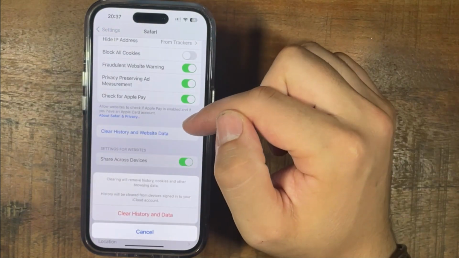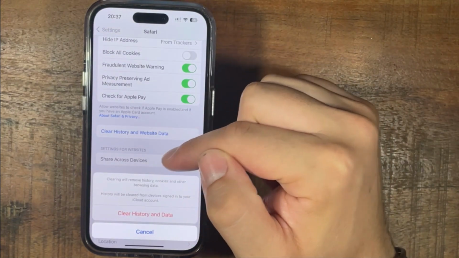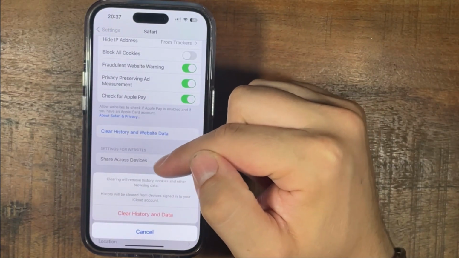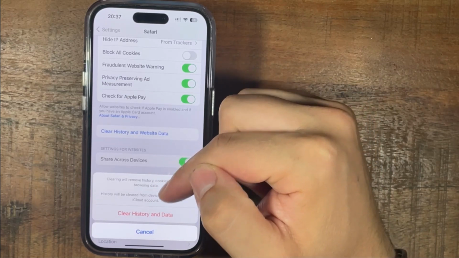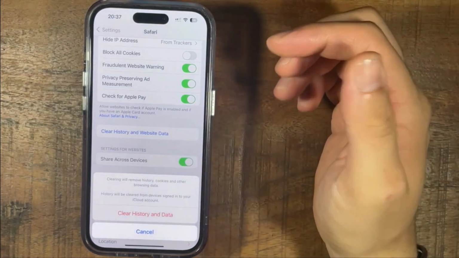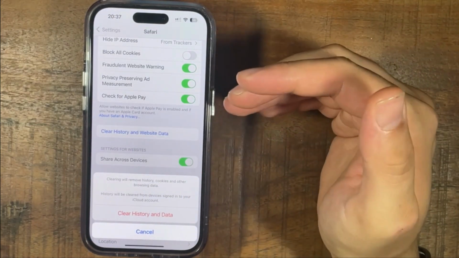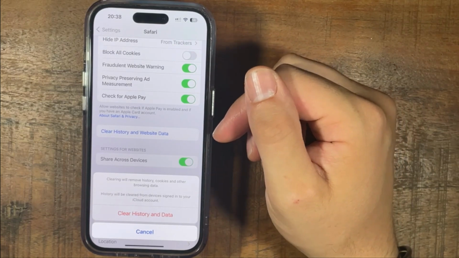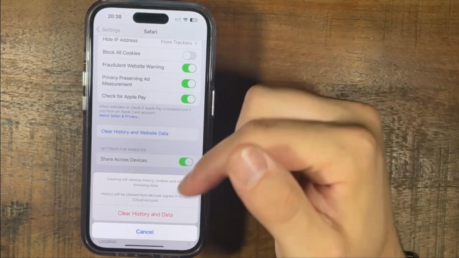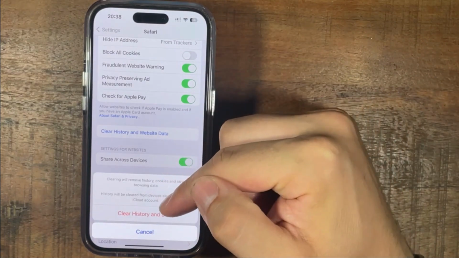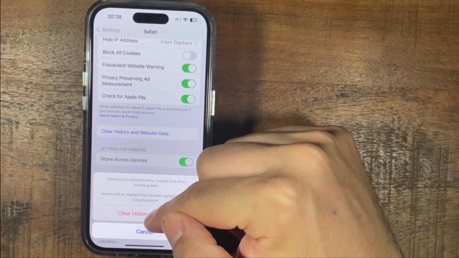If you press that one, it will remove history, cookies and other browsing data. History will be cleared from devices signed into your iCloud account. So it also will probably delete some passwords that you have saved, but also the cookies and cache that you want to delete. So if you want to delete that, just press Clear History and Data again,